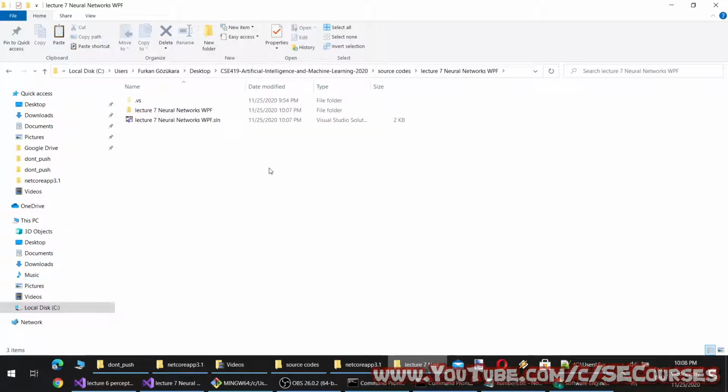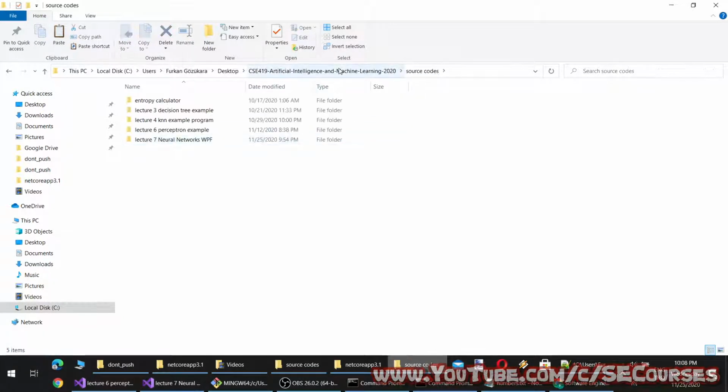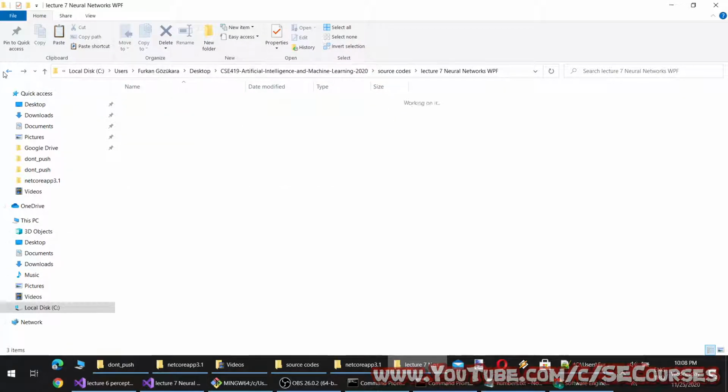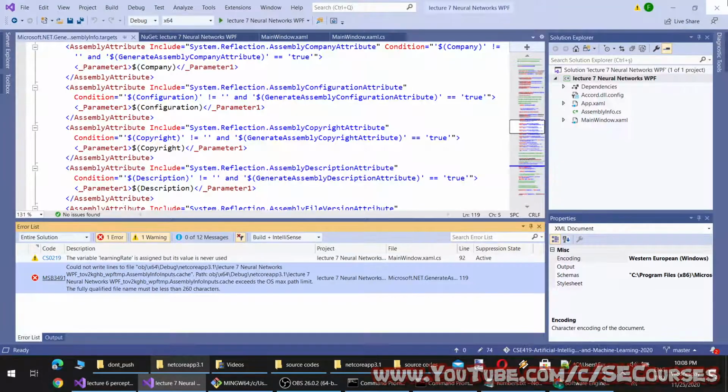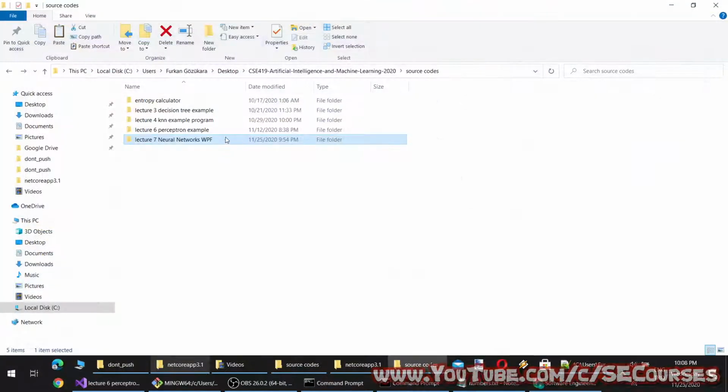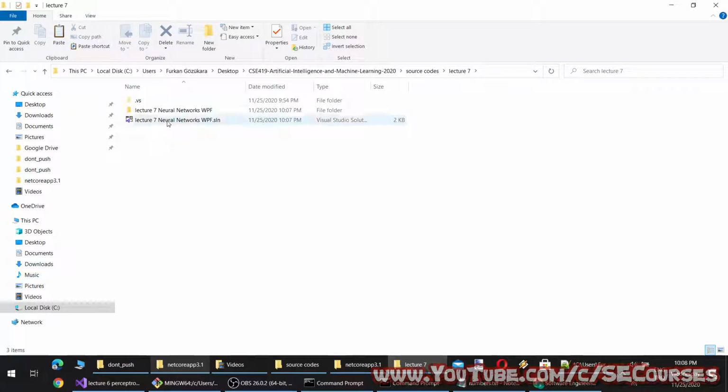Therefore, what can we do? Okay, this is a bit of a problem. To solve that problem, I think I'm going to remove the path here, remove the name, and perhaps, okay, it should work now.